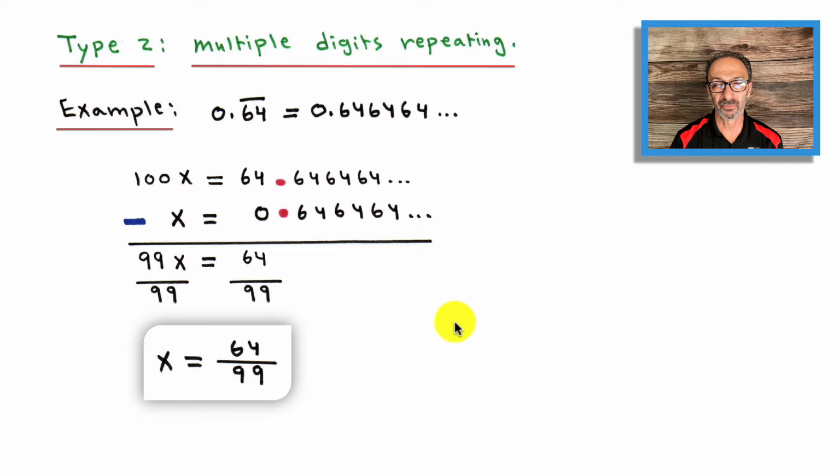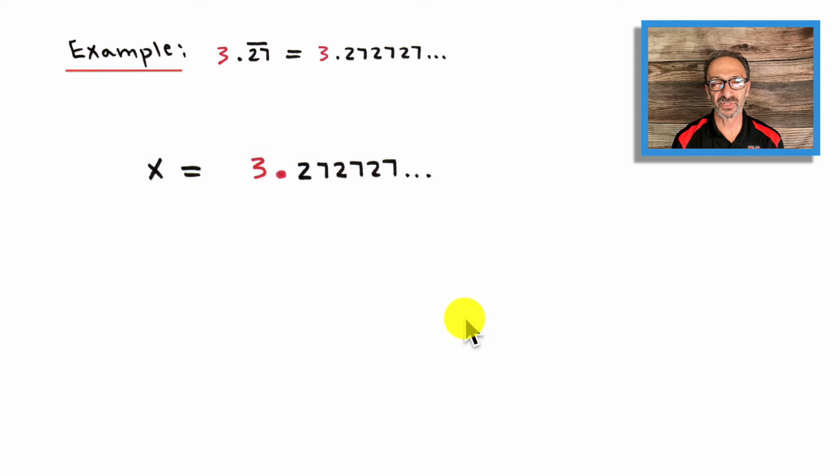Here's one more example. But this time, the left-hand side is not 0 like 0.64 repeating. It's 3.27 repeating. Well, 3 is not actually a problem. It's not in my way. My focus is on the right-hand side. I need the right-hand side to be the same